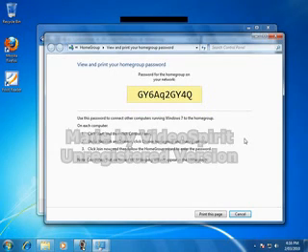You need to take this password and go to your other computer running Windows 7. You need to